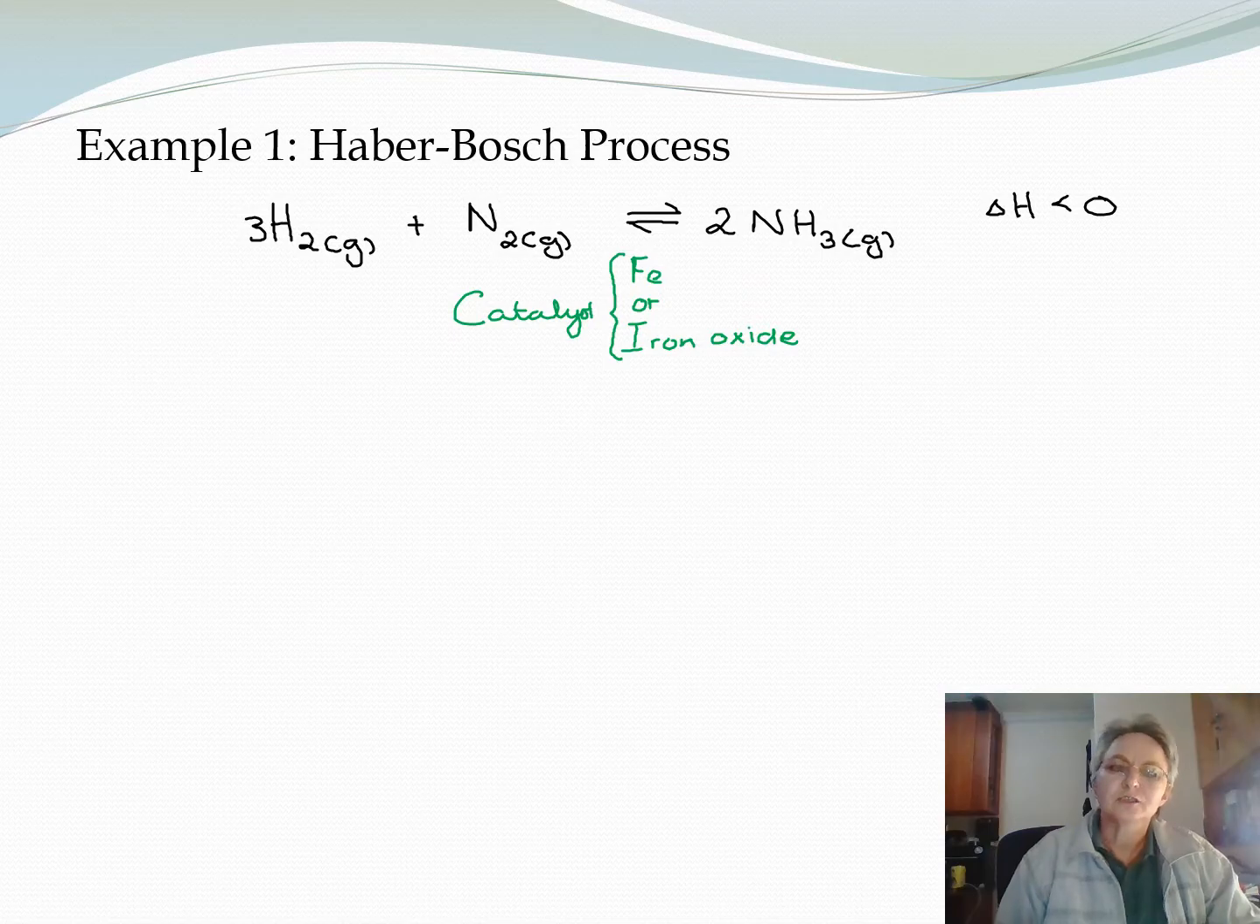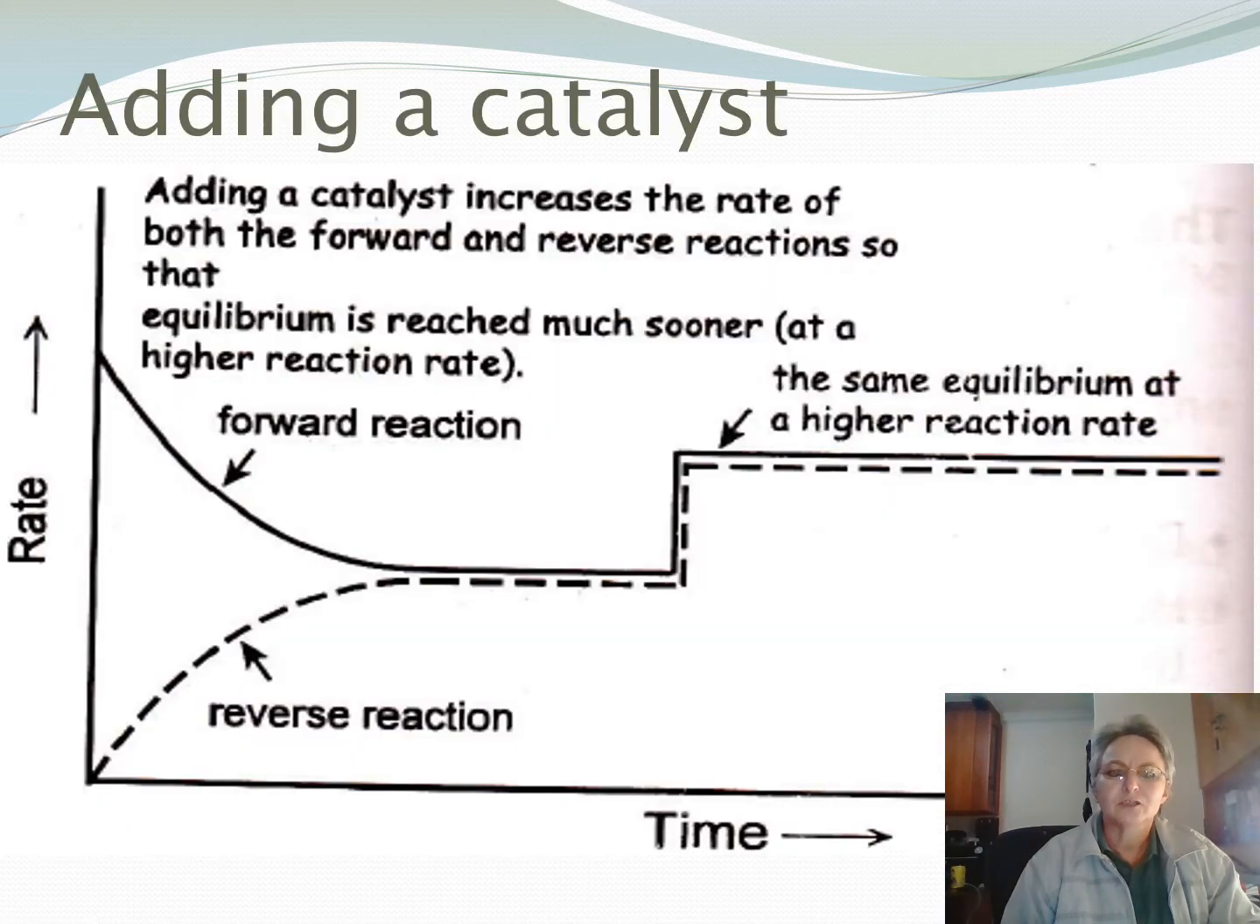So the first example, we're going to look at the Haber-Bosch process. And we know the reaction by now. 3 moles of hydrogen, 1 mole of nitrogen makes 2 moles of ammonia. Now the catalyst that they use is either iron or iron oxide. So the effect on the rate of the reaction when you